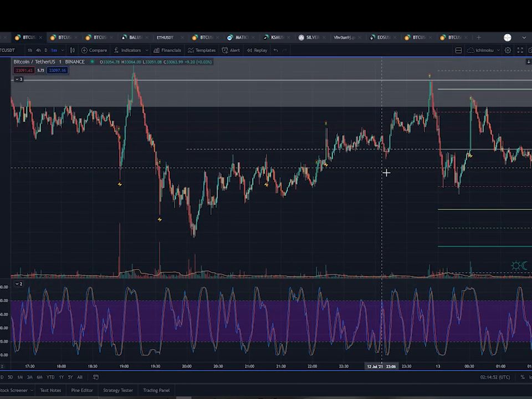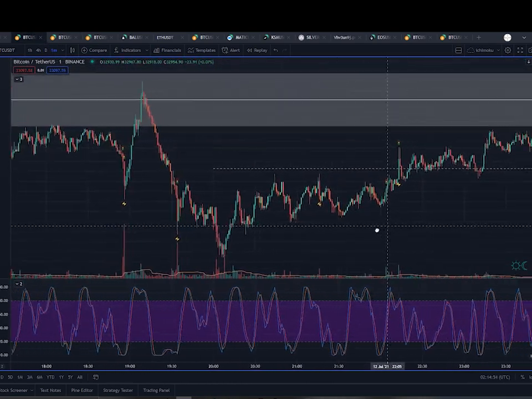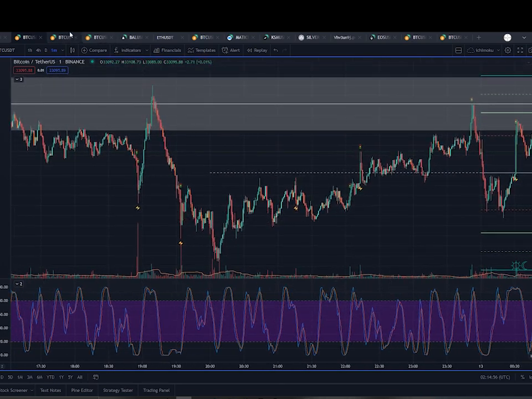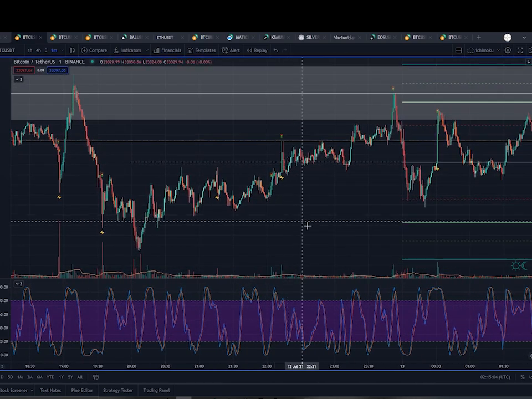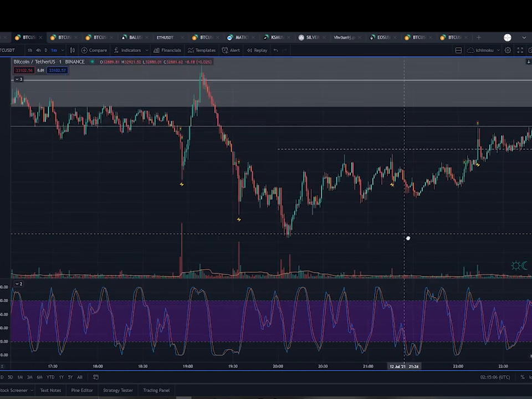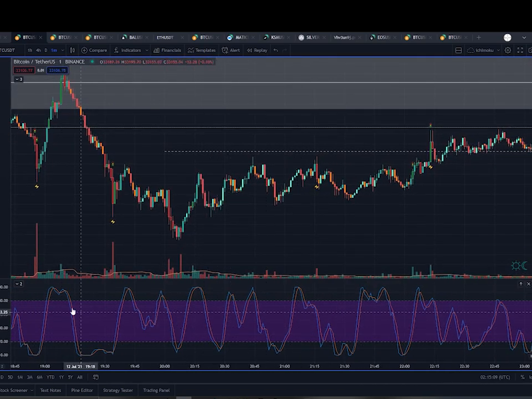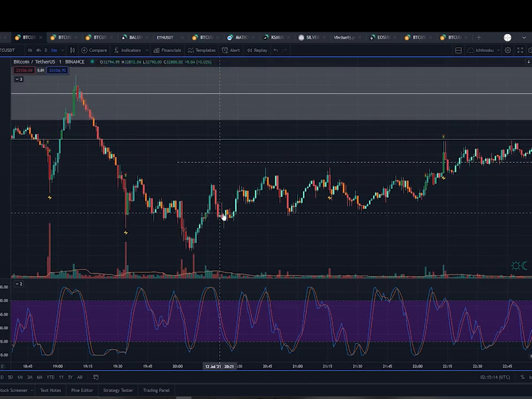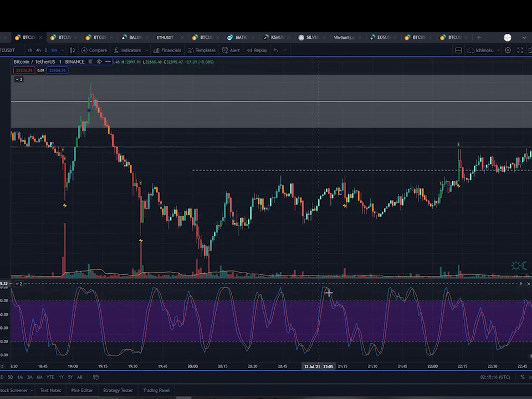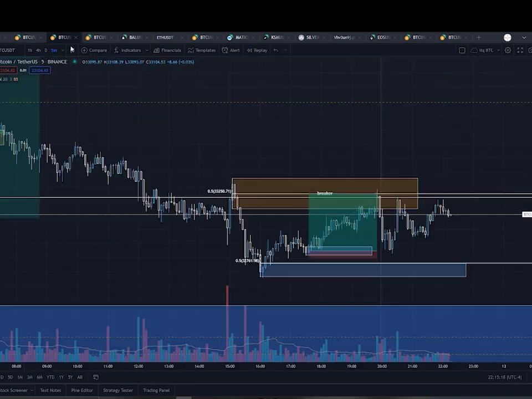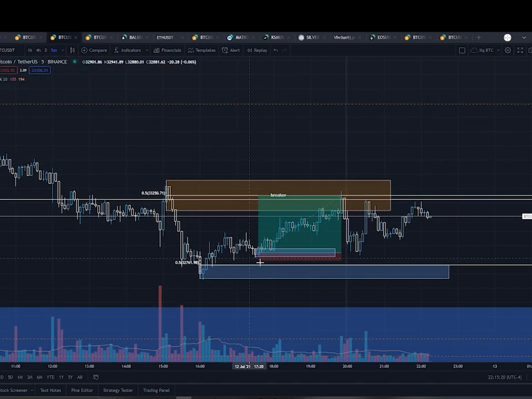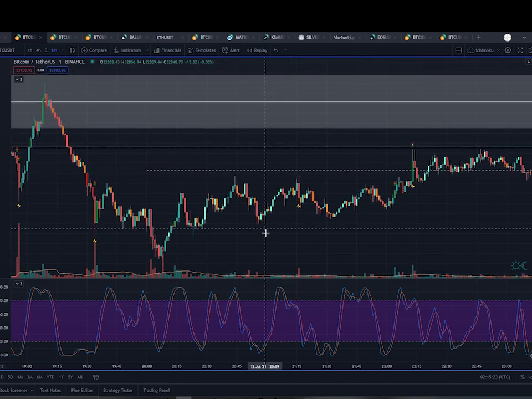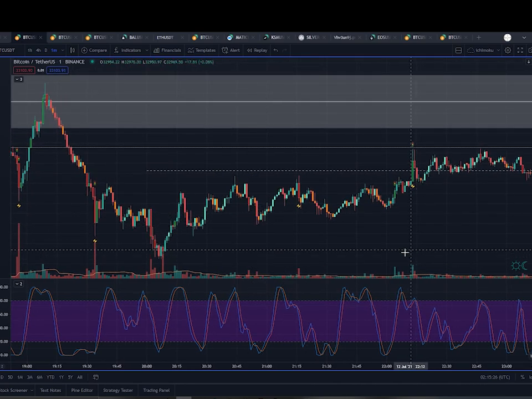So this is what it would look like on the 1 minute today on the accumulation pattern, which was this. I teach trading without really indicators or anything, just price action, but I just have this RSI, stochastic RSI here, just for some entries on the 1 minute. I'm not trading based on this. I just find my entry or where I think it's going to pull back into on the 5 minute. And then on the 1 minute, I find that perfect entry. So I think